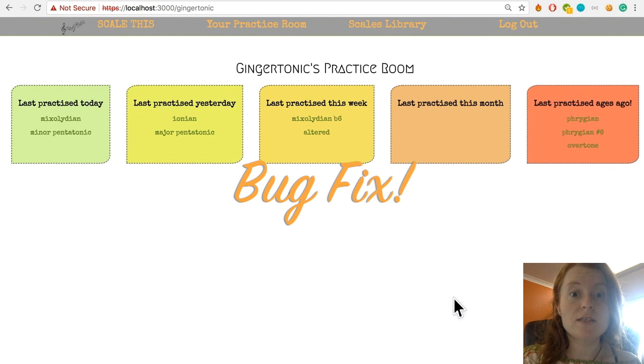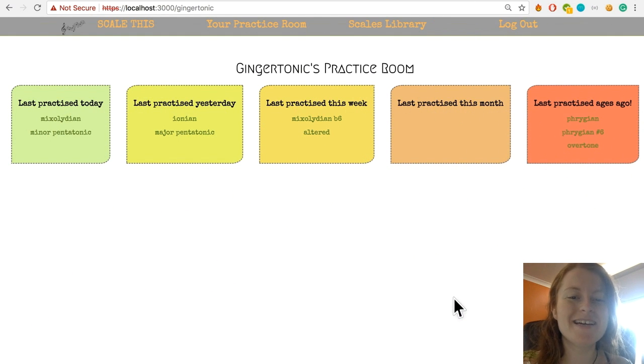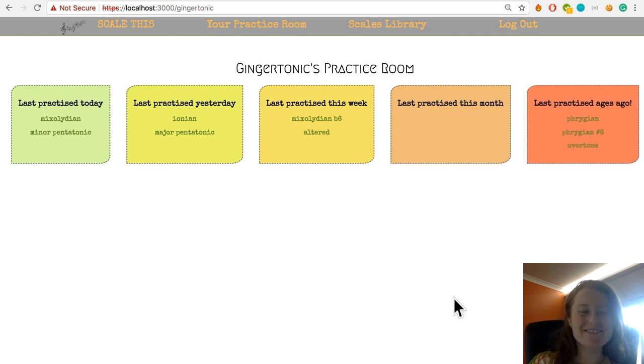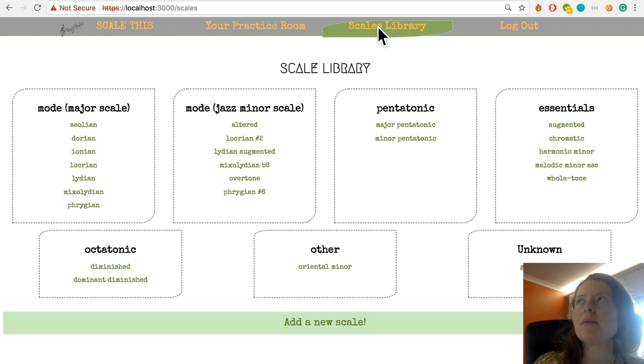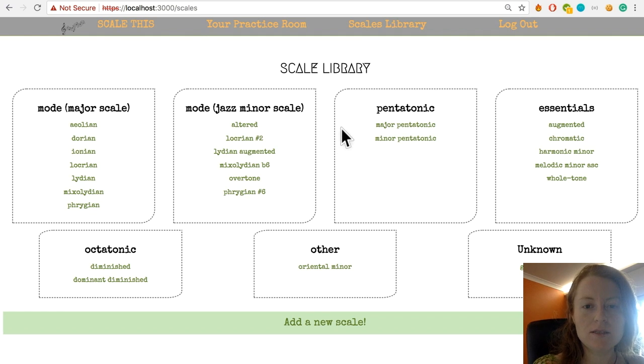So I just fixed a little bug that came up. This is why this recording stuff is great. I realized that when I went to edit, I made a small adjustment to my code earlier, and that small adjustment meant that it just wasn't loading the pattern of the scale right. So actually now when I log in,